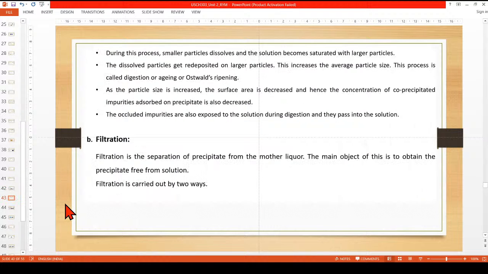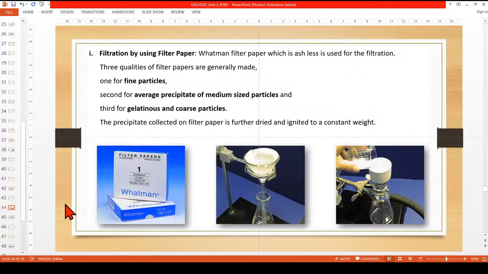Okay, then the next process is filtration. Once you get a good crystalline precipitate, then you can filter, and you have different choices of filtration. If you have fine powder, amorphous or gelatinous powder, then you need to select a very specific filtration mechanism. If you have crystalline precipitate, you can filter with just Whatman filter paper number 1,